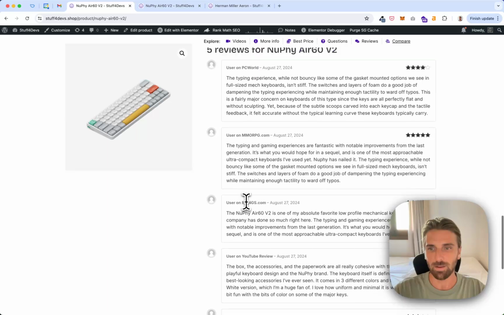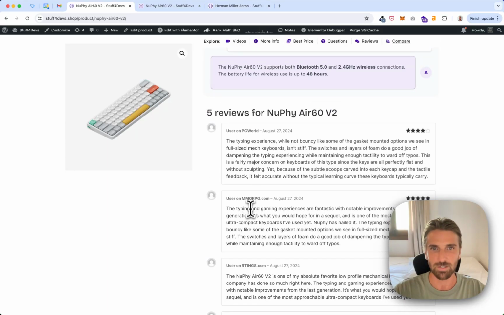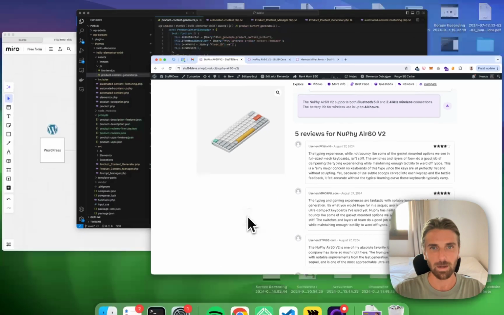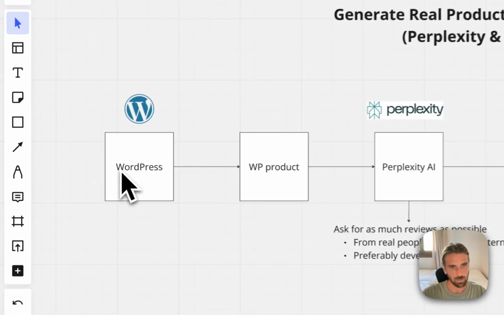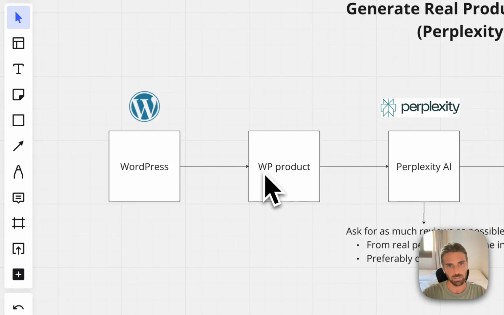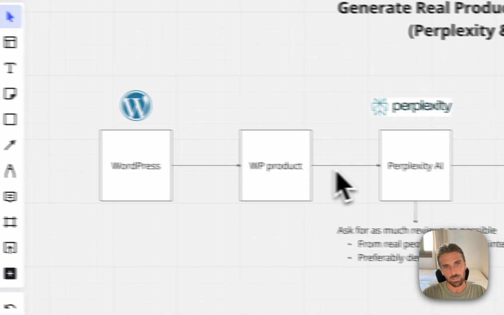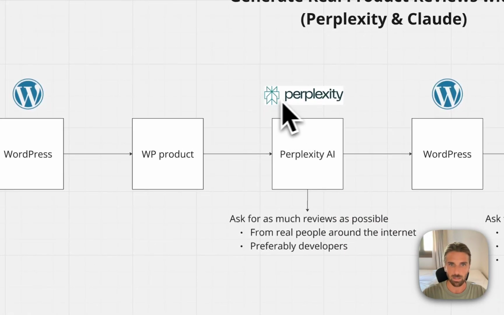Yeah, so maybe you are wondering how I did this, and that's something I want to share with you. So let me show you this graph, or this visualization. What I do is I start with my WordPress WooCommerce website, which contains this product, and this product contains a product title. So when I click the button, I make a request to Perplexity AI, which is a large